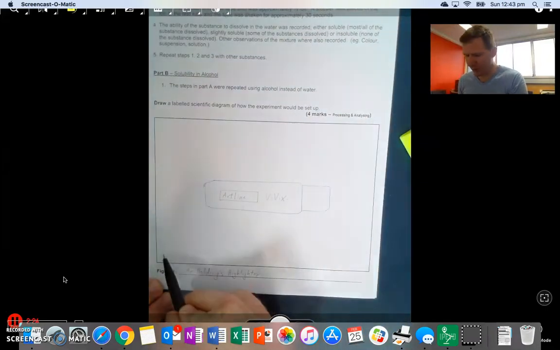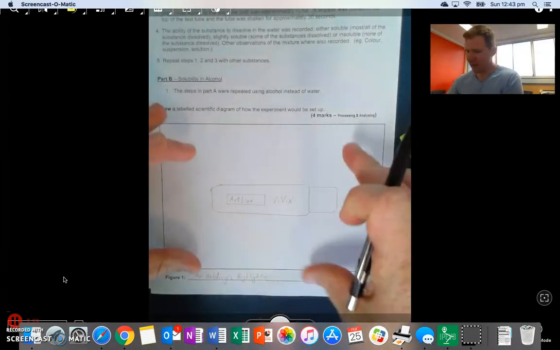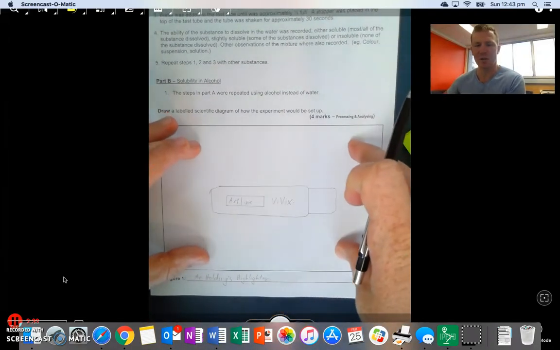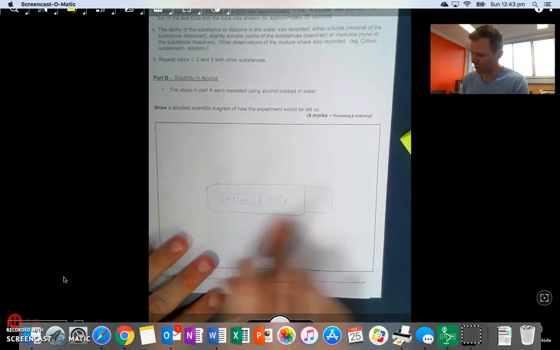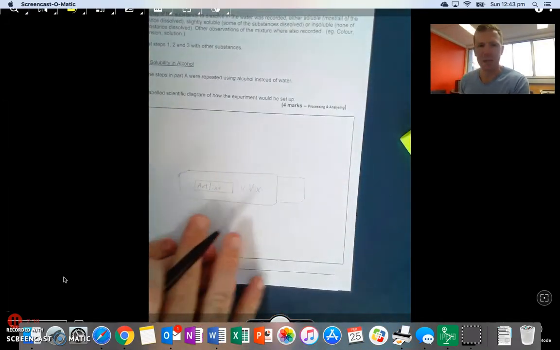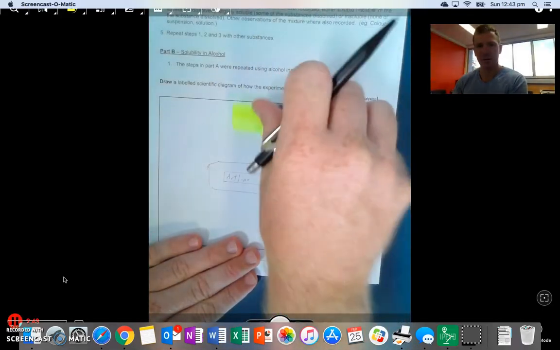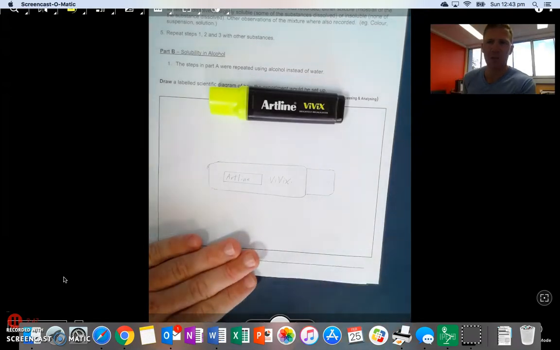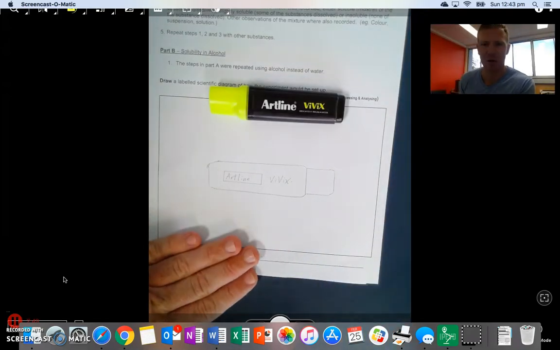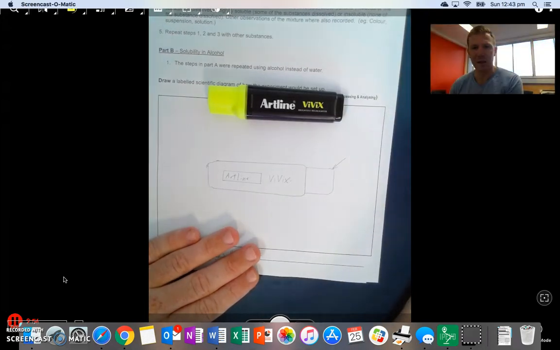There's no point putting a little diagram down the bottom here or doing it so big that it takes up a ridiculous amount. It's in the middle, it takes up a reasonable amount of size, and it leaves me space now to label it. So I might turn around and look here and go, what are the key parts of this highlighter? I'll put my highlighter there, and go, what do I need to identify? What would someone need to know to be able to use this highlighter? So the first thing I might do is I might highlight, again, neatly,